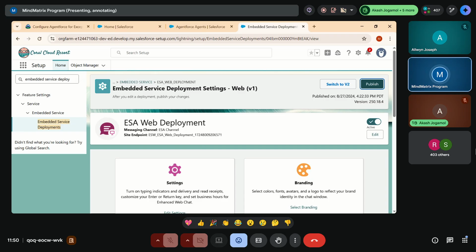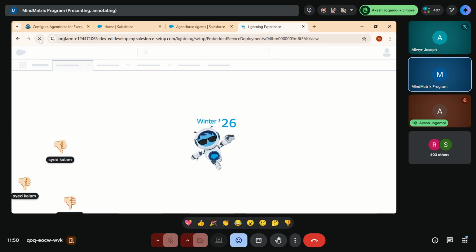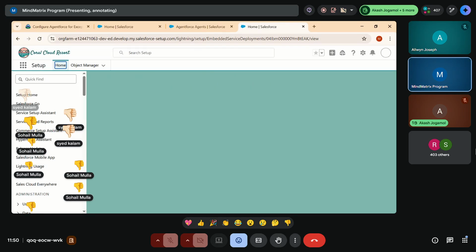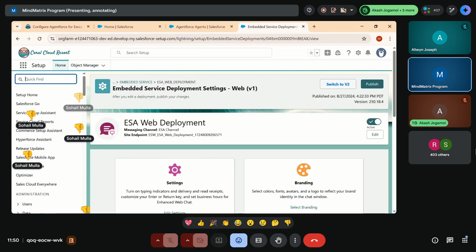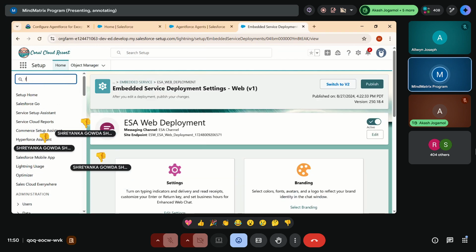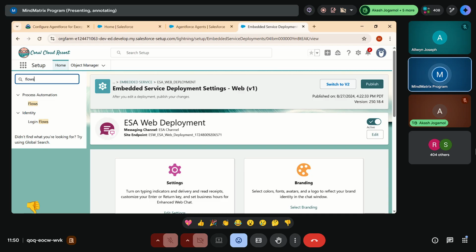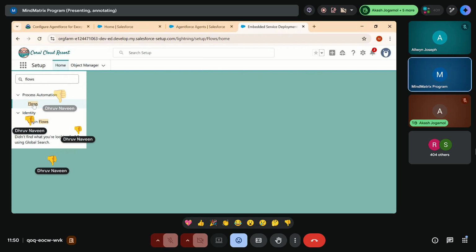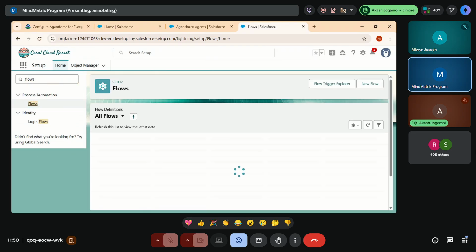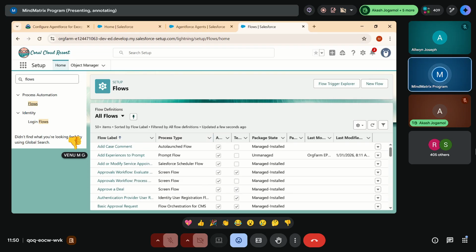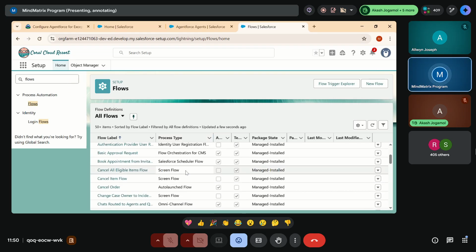in the quick find, go search for the flows. After publishing your ESA web development, in the quick find, search for the flows. Then click on flows. The flows page will be open. Here you have to search for